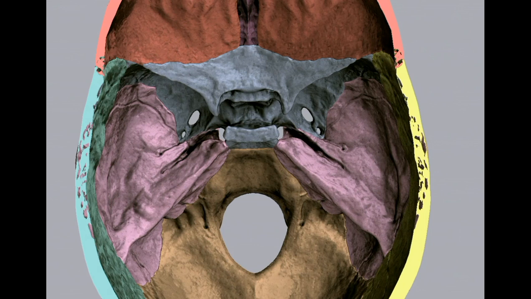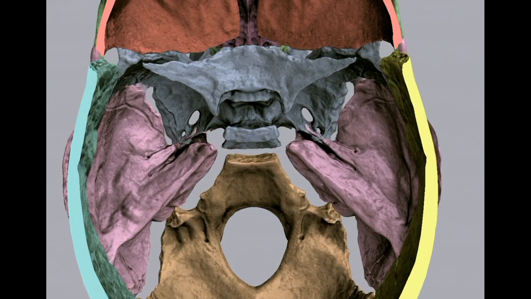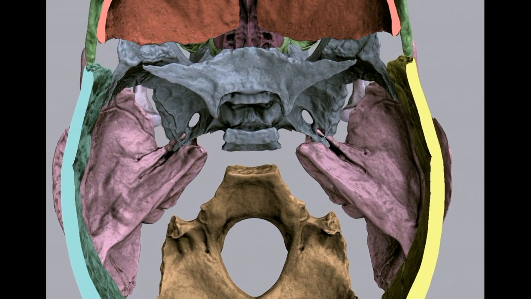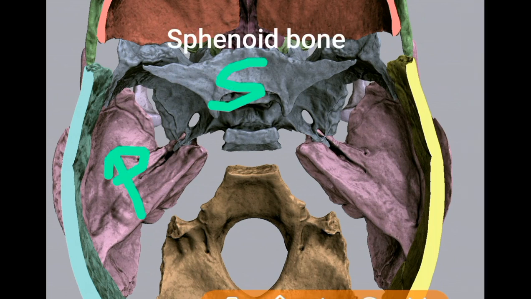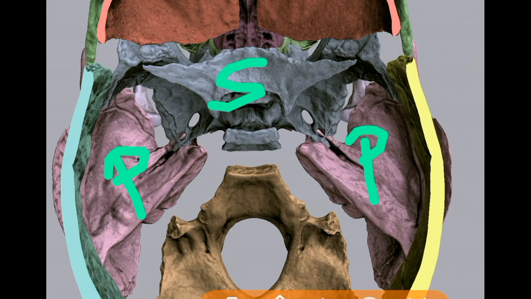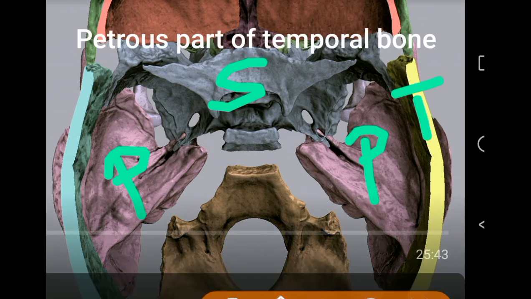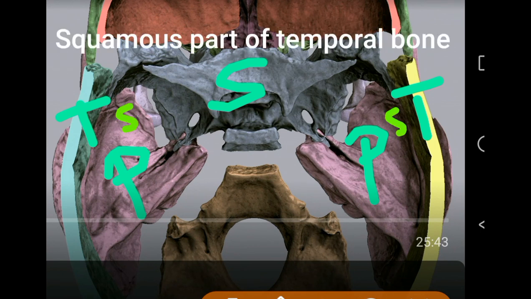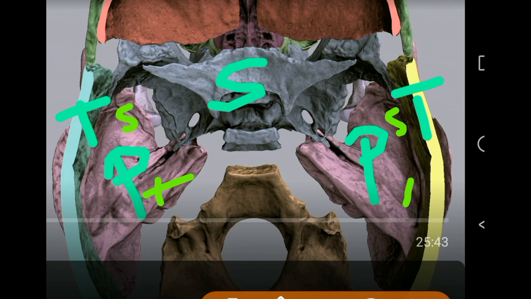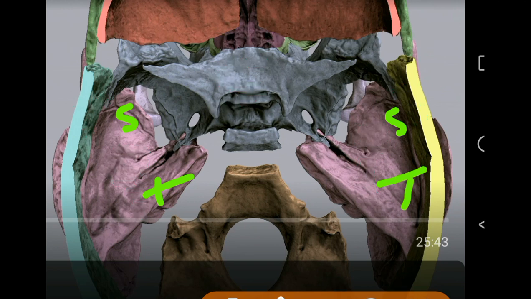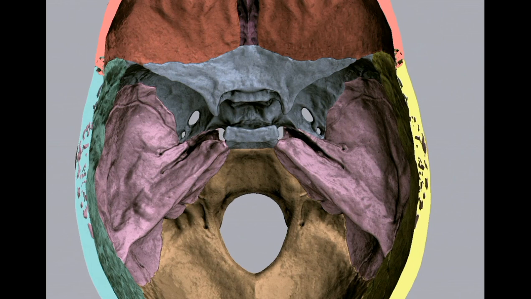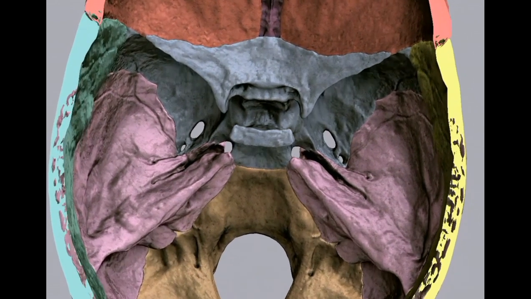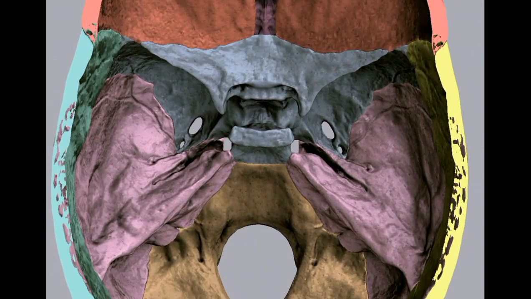And coming to the bones forming the middle cranial fossa, you will appreciate here the sphenoid bone, this is the petrous bone, and you also see the squamous part here, the squamous part of the temporal bone. You will see the petrous part of the temporal bone and the squamous part of the temporal bone here. So these are the bones, and on either side you can see some parts of the anteroinferior angle of the parietal